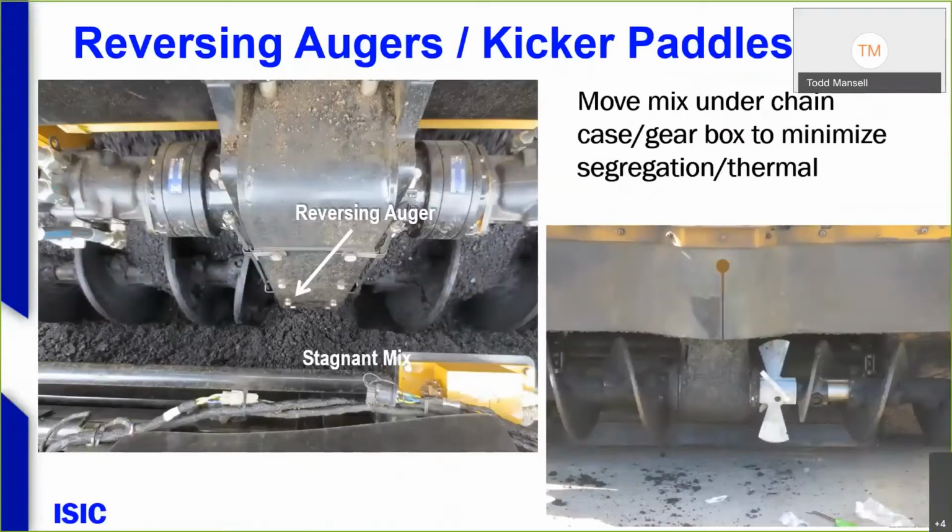And the other thing here is just on the left side, you're seeing what we call a reversing auger. So again, all that little quarter segment or 6-inch auger piece that there is doing in this picture, and there's different ways you can set them up, is moving that mix underneath that chain case that drives the augers to keep mix moving underneath there. So the next slide here,